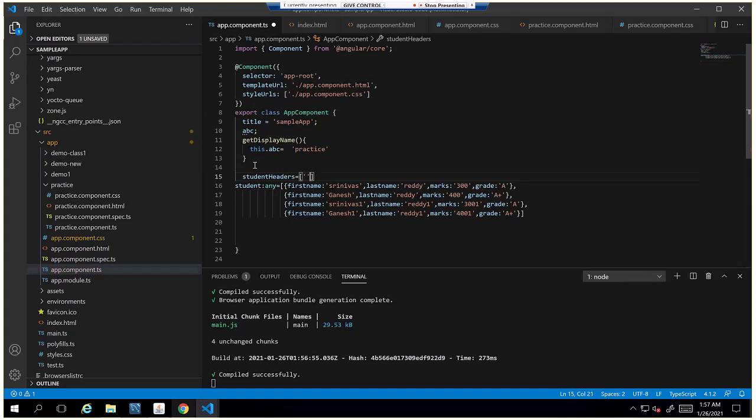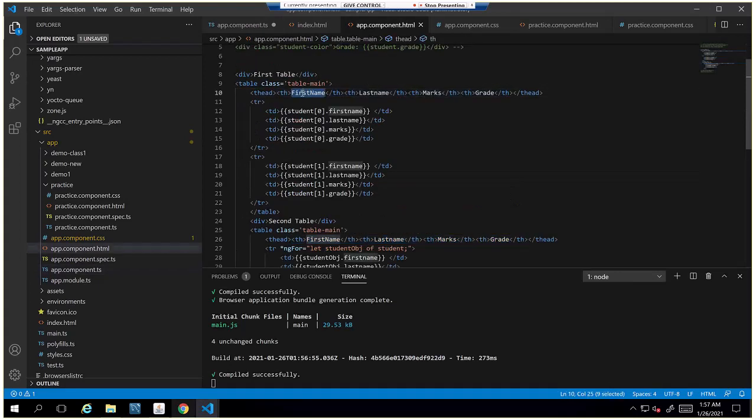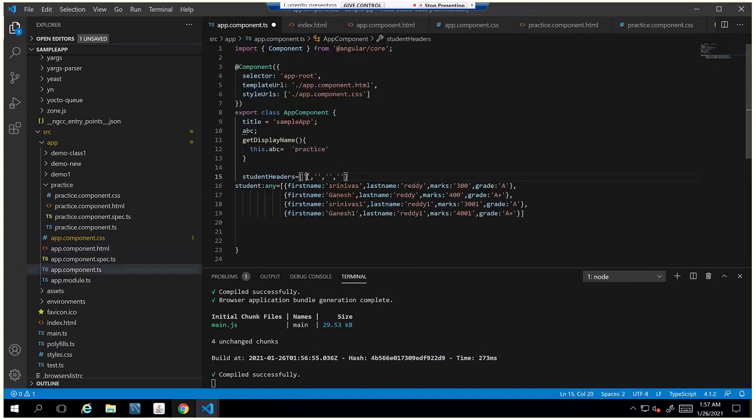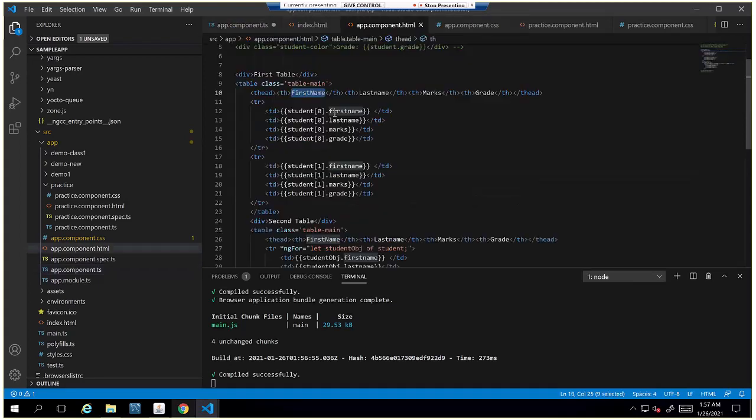We have 4 headers, so I'm creating 4 variables here. I'll copy first name. I'm creating one array, a string array.